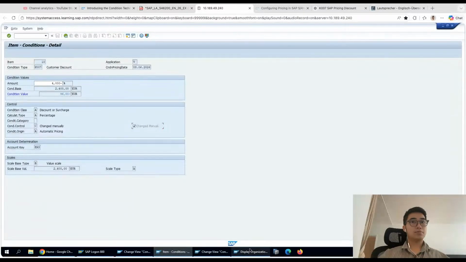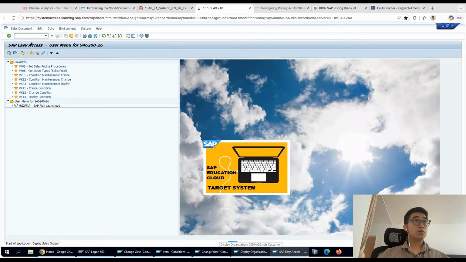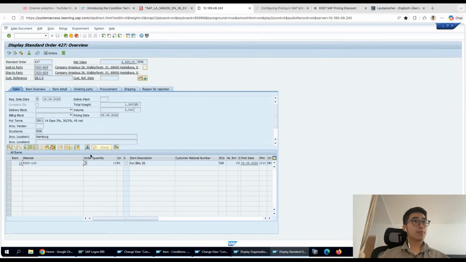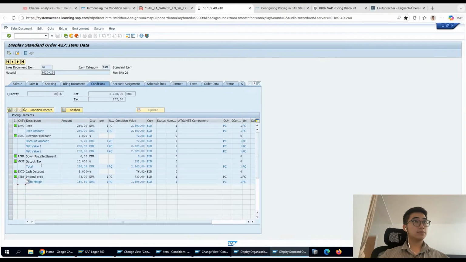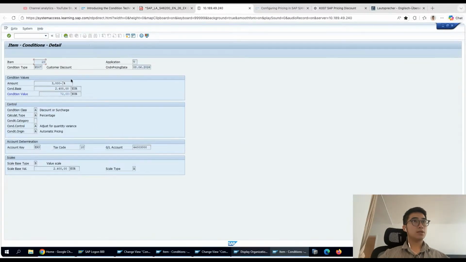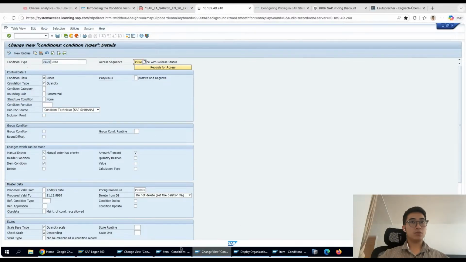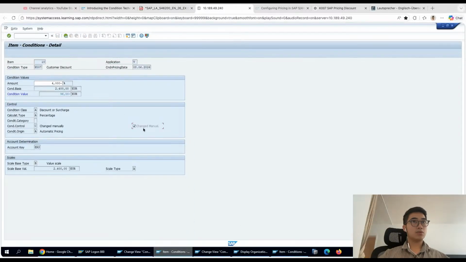If we check the previous sales order, the 4027, and go to the discount, this K07 of 3%. If I click on that, you see here, there has been no tab about whether the condition record has been changed manually or not. But in this particular new one, we have changed manually,